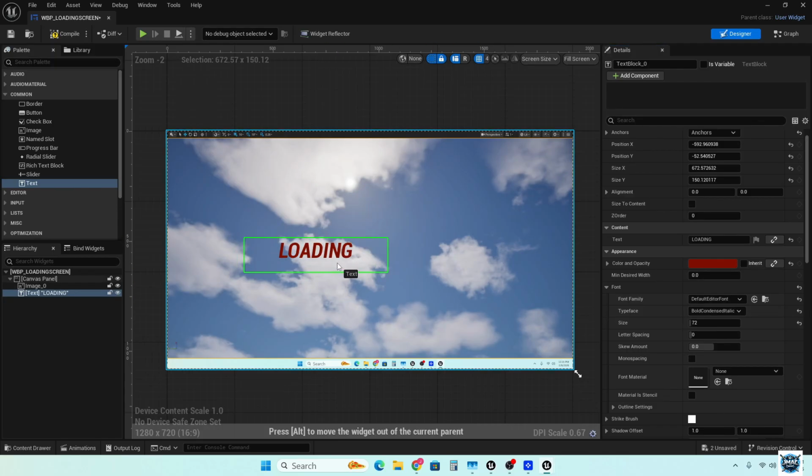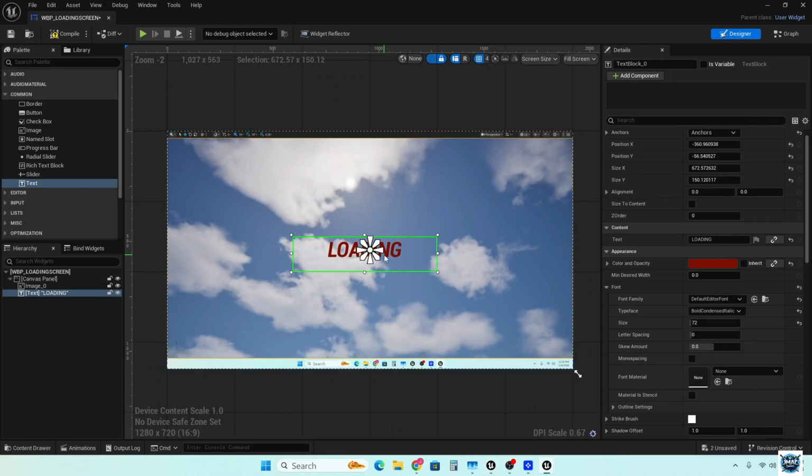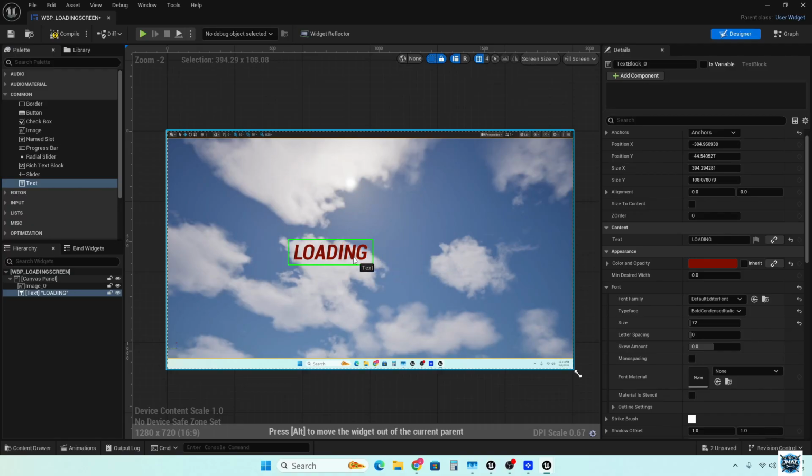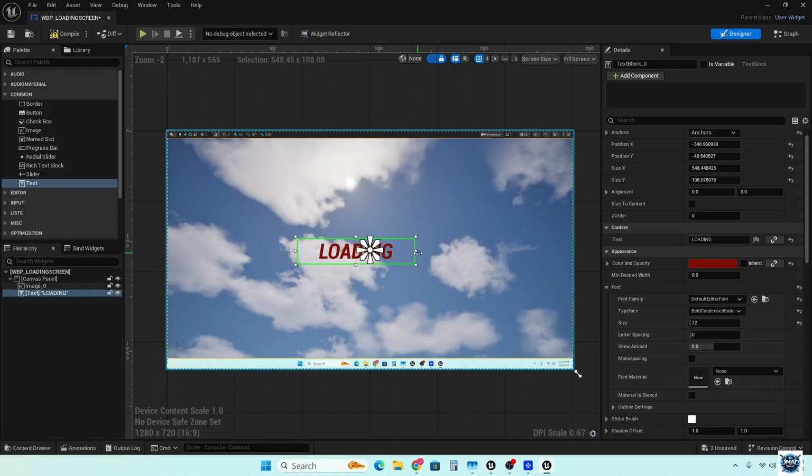All right, so I'm going to pull this over just a little bit so it's right there in the center of the screen. And I'm just going to reset this with the anchors until I get it exact, and then I'll just kind of pull it out here to about there. And then my anchors are getting in the way. And to about